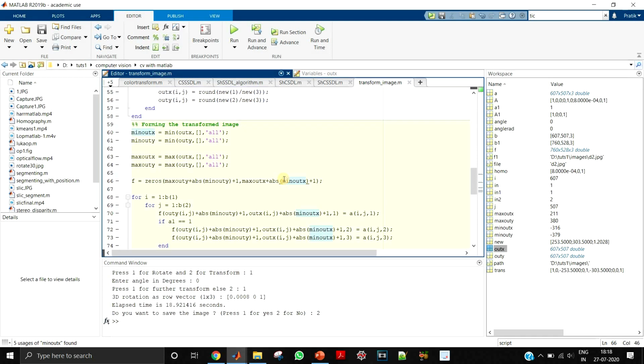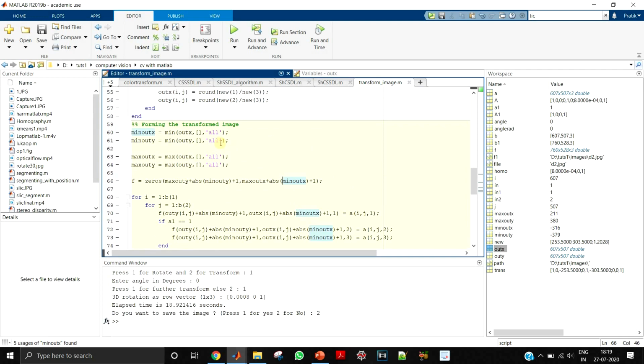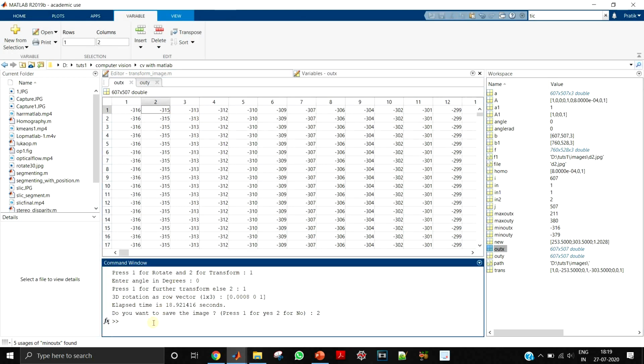Now let us go to the transformed image. Now that we know which pixel should go where, we are just going to put the pixel values over there. First, you can see that in outx there are these minus values. So minus 315, minus 313. In MATLAB, if you give a negative coordinate value, that will also give an error.